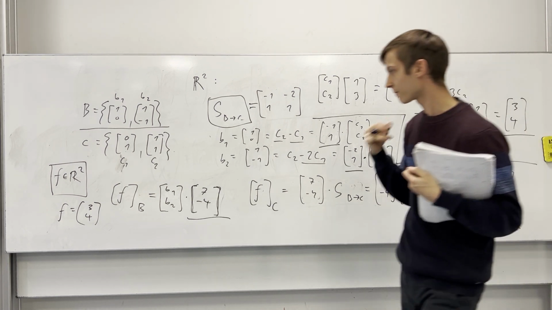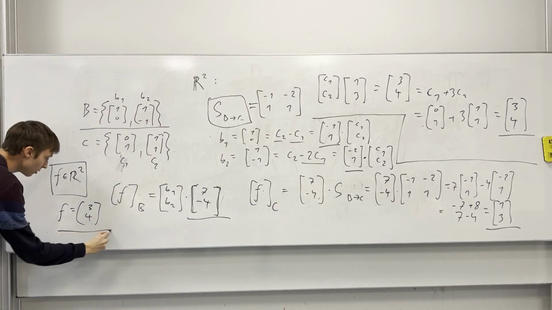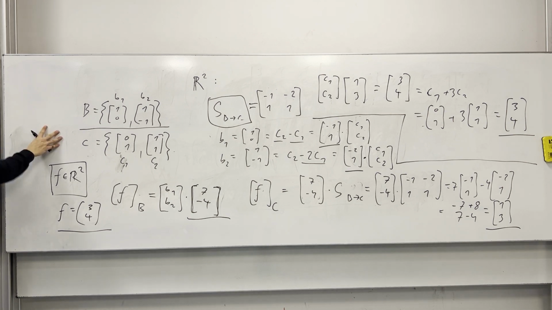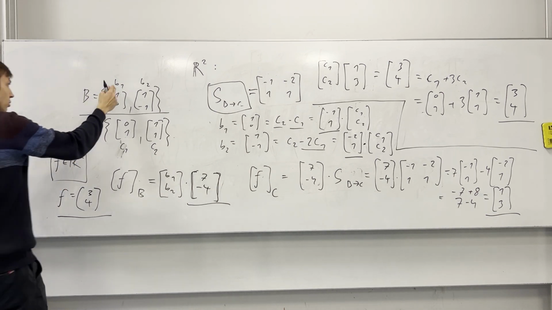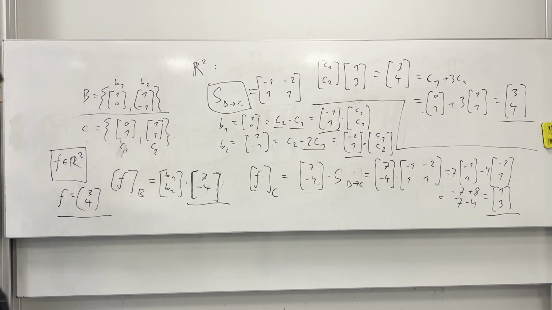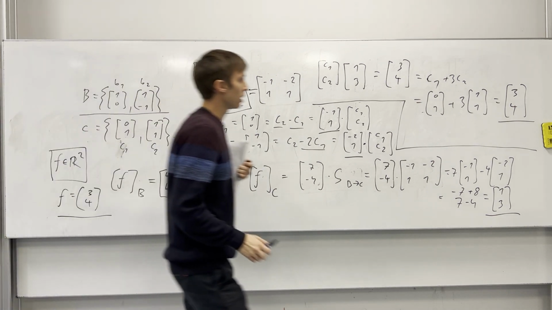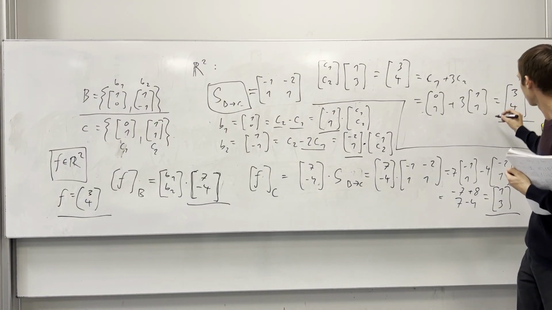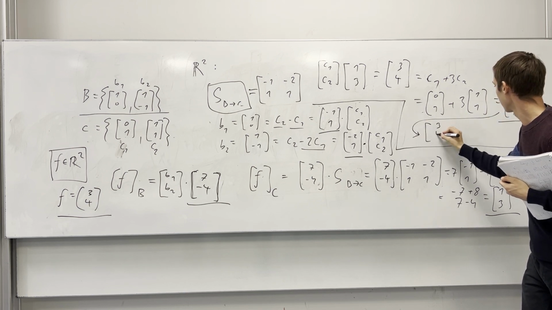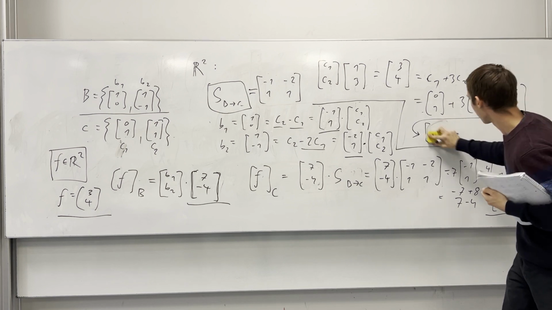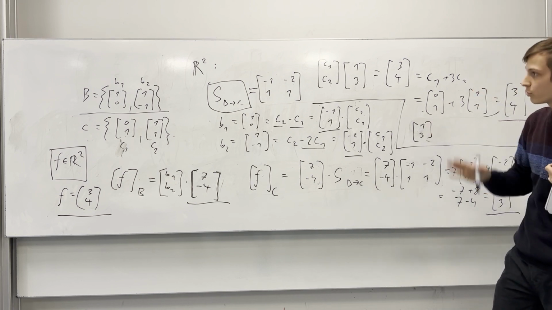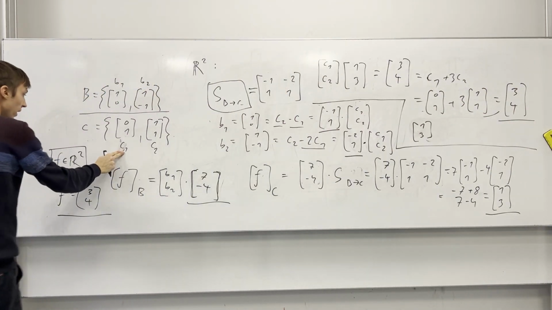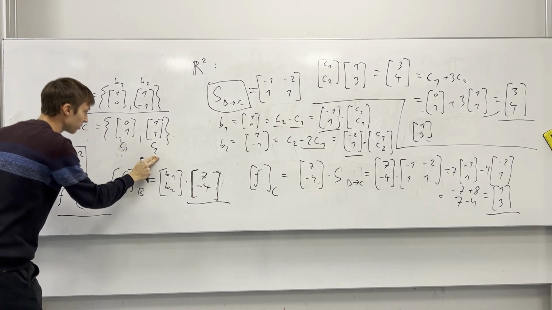What this all says is that this vector 3, 4 in R2 can either be expressed using B, and then it will be 7 and minus 4 applied to b1 times 7 and b2 times minus 4, or in C it will be, and in case it is not still in view, I will just write it once more here, 3, 4, but it will be 1, 3 in case you want to use the basis C. Because if I do 1 and 3, that means 1 times c1 plus 3 times c2, it will also give